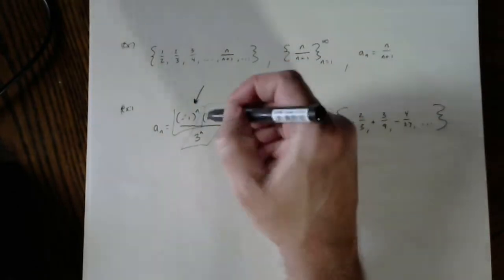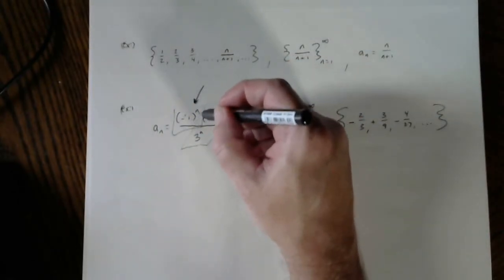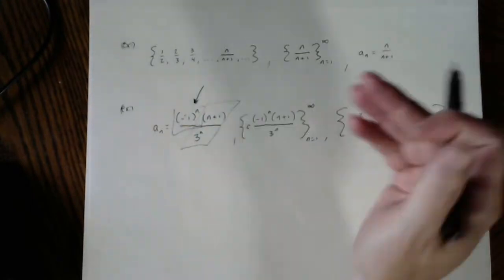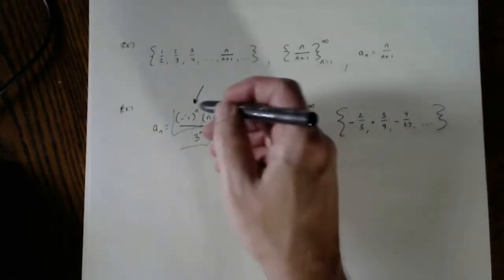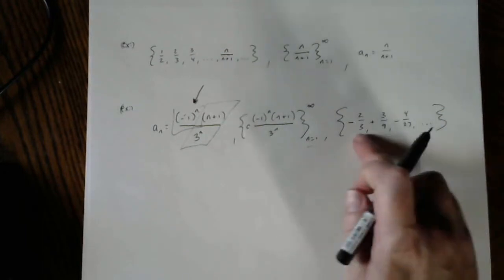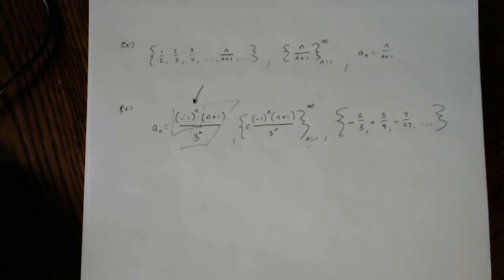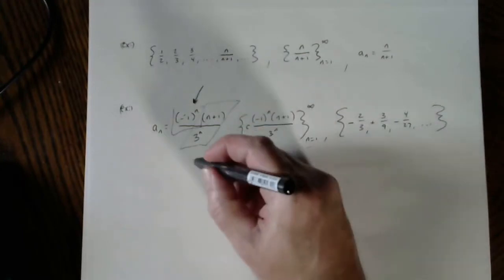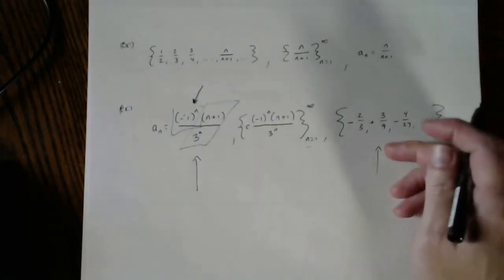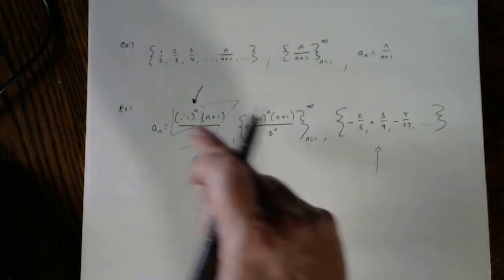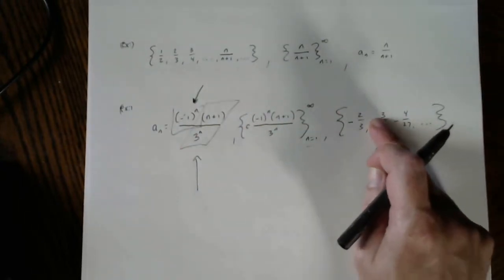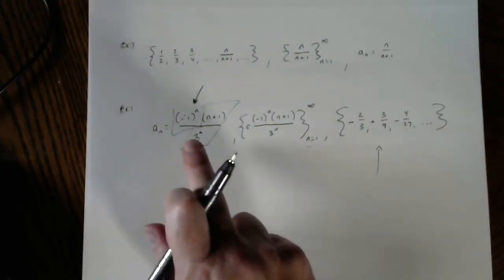What you might see also is -1 to the n plus 1. So if I were to do that, if n is starting off at 1, the power is starting off at 2, and these would all be changed. Okay, so you can play with these things a little bit. So again, the beginning homework problems just have you really experiment with these things a little bit. They have you list, they'll give you this and ask you to provide this, and vice versa. So if they give you this, this should be no problem, but it's good practice. If they give you this and you have to produce this,